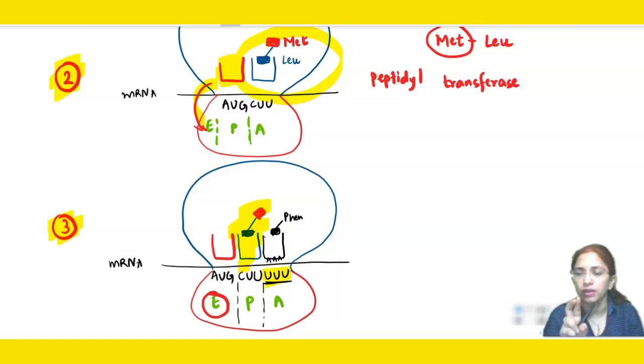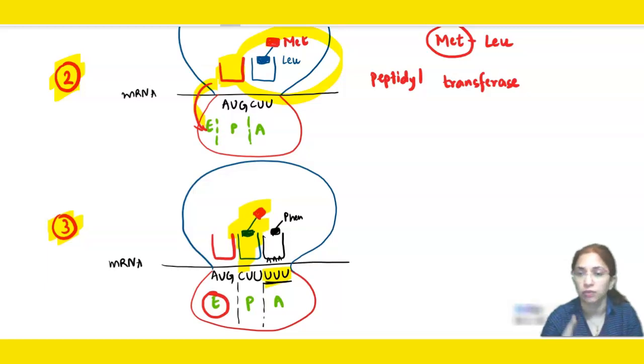Once the amino acid comes to the A site, the peptide bond will form and a dipeptide will be formed. This dipeptide will be transferred to the A site with the help of peptidyl transferase. Once this transfer is done, the tRNA of the P site will become vacant, right? And this will make the ribosome move further, 3 nucleotides ahead, because one codon is made up of 3 nucleotides. The transfer RNA of the P site will now become the component of the E site. The components of the A site will become the components of the P site.